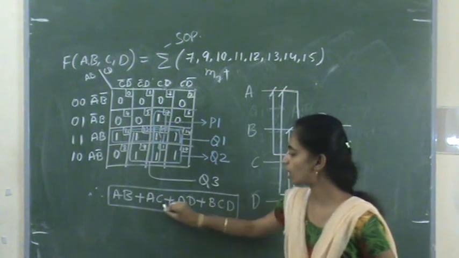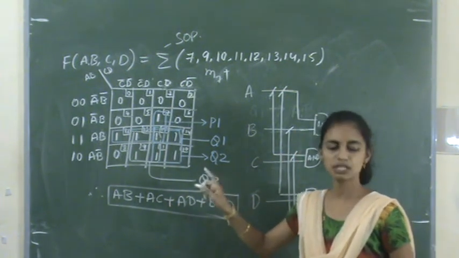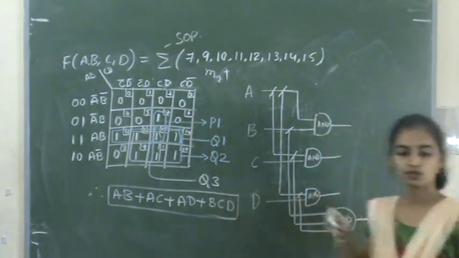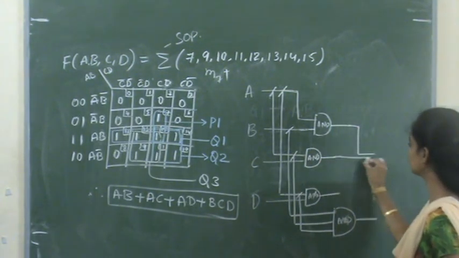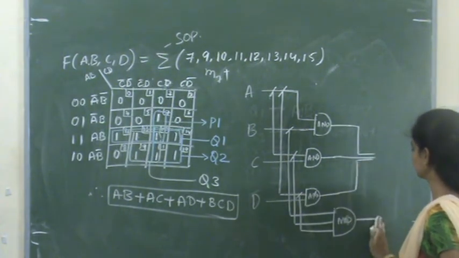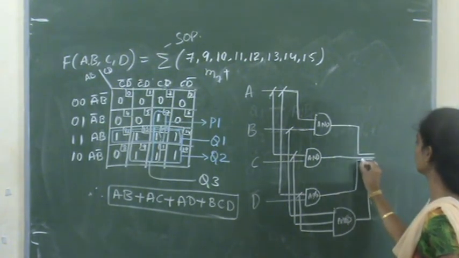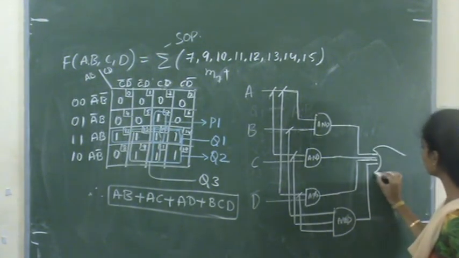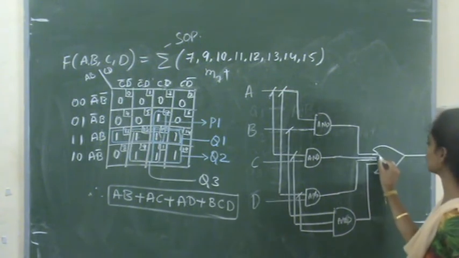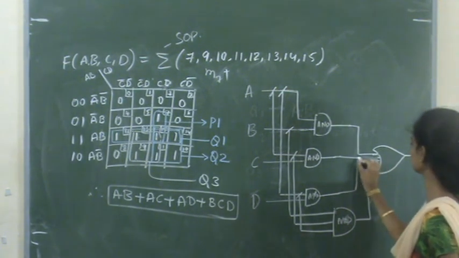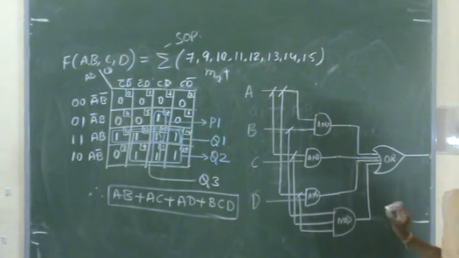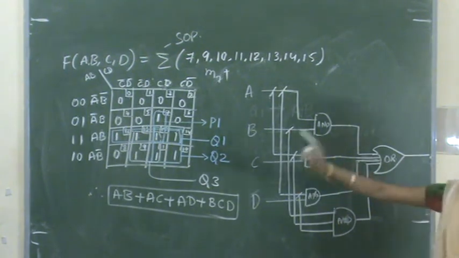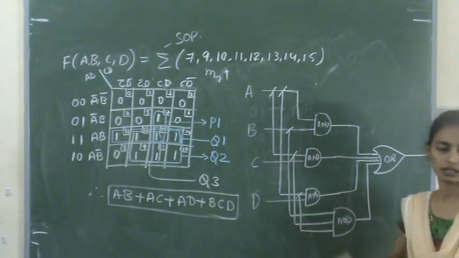After that, what we do here is the OR operation; plus represents the OR operation. We know the OR gate. Now I am combining all these inputs. These four outputs become the input for the OR gate and then the result will be displayed. This is how we can write the circuit for the resultant output.